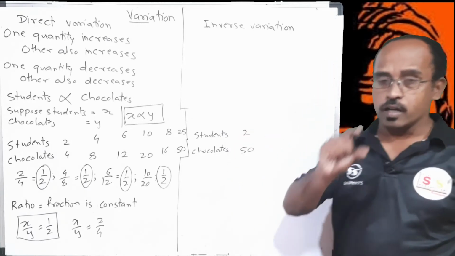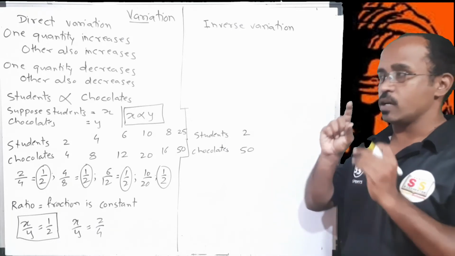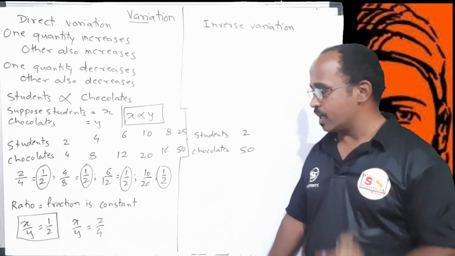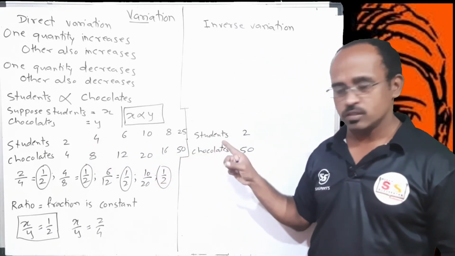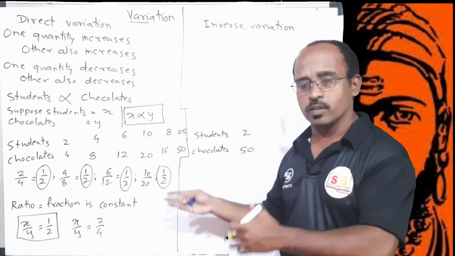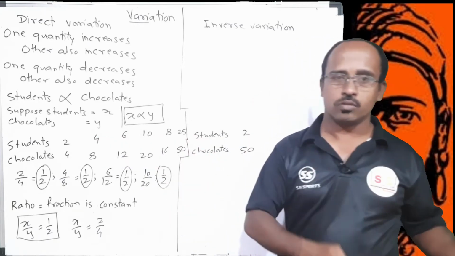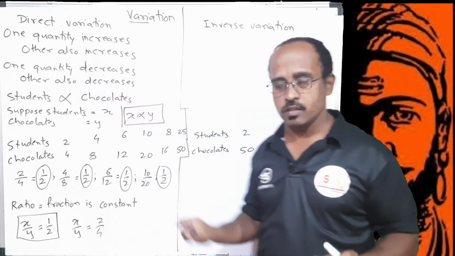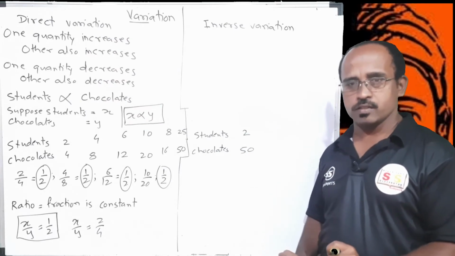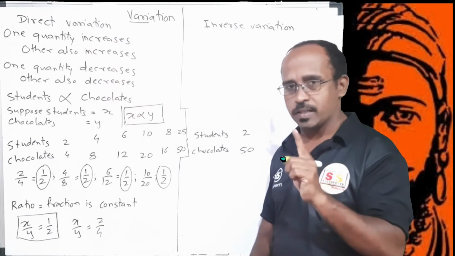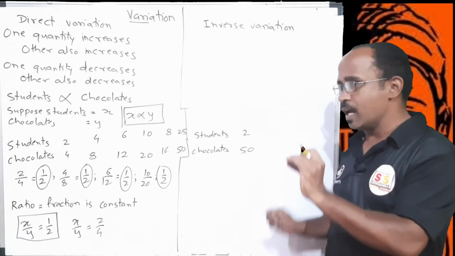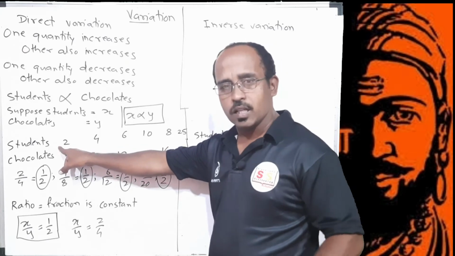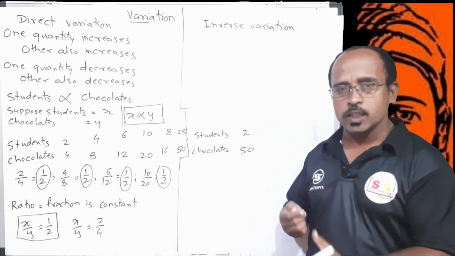Please try to understand. In this case, number of chocolates are limited. They are 100. In the earlier case, no such limitation was there. If 2 students, 4 chocolates, 4 students, 8 chocolates, 1000 students, 2000 chocolates, 5000 students, 10,000 chocolates. Such case was there in the direct variation. But in the case of inverse variation, the final number is limited. Number of chocolates are limited and same chocolates we have to distribute. So only there will be changes in the number of students and the number of chocolates per head they are